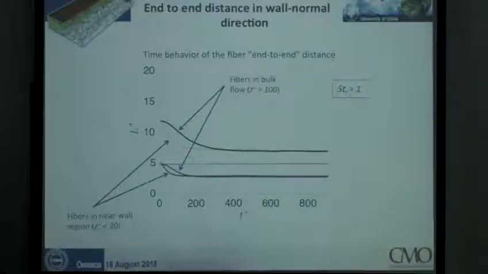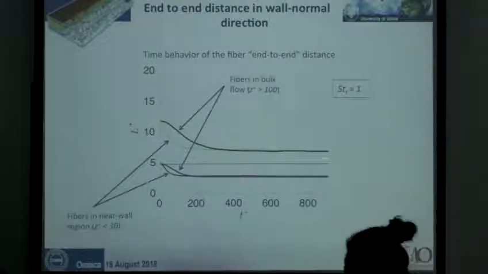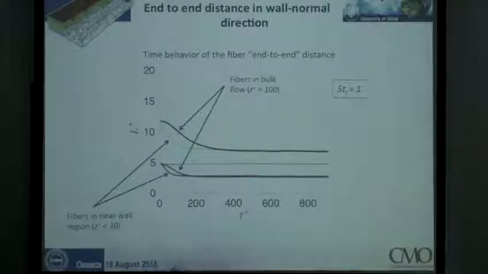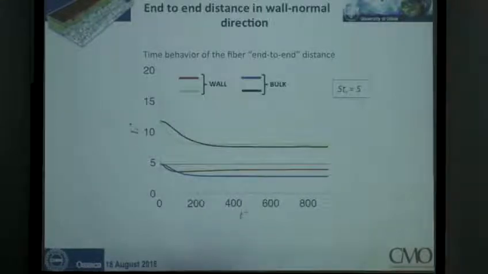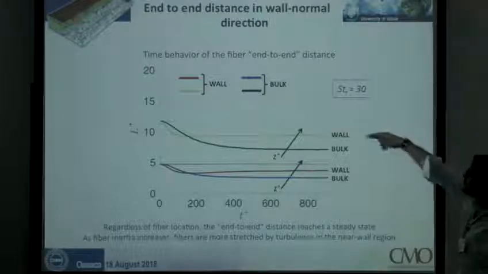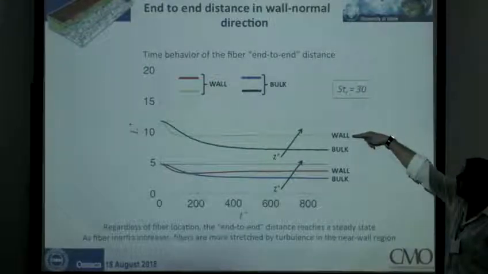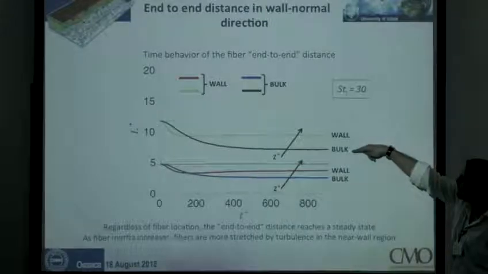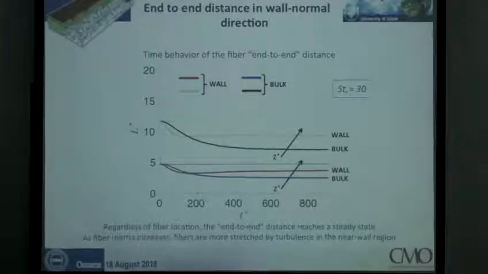So what you get is a decrease of the length. The fibers are initially seeded into the flow as fully stretched, and after some time there is a steady state value, which is reached also when we increase the inertia of the fibers. So that's what you get when you're considering the highest inertia. So the wall value of the end-to-end distance is always higher than the value in the bulk of the flow, confirming the fact that